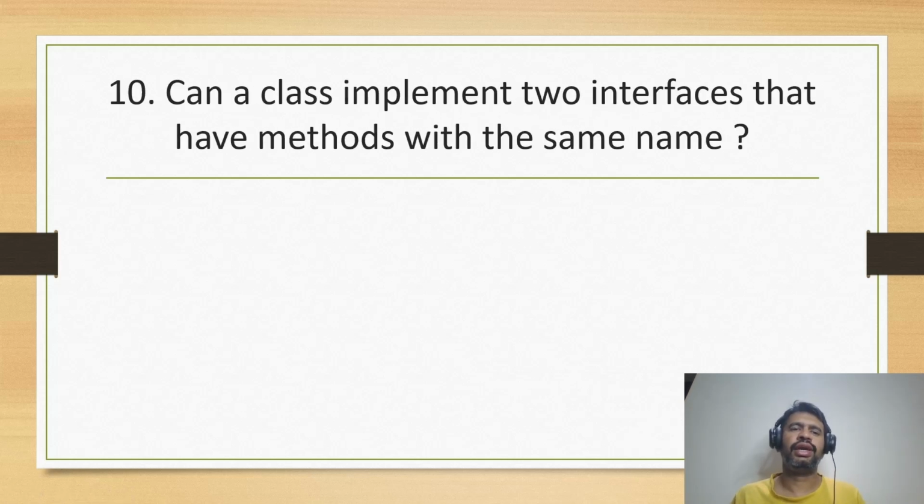So the question is: can a class implement two interfaces that have methods with the same name? This question is a bit abstract. It has multiple variants, and we'll try to understand all the different variants. Just before we go there,